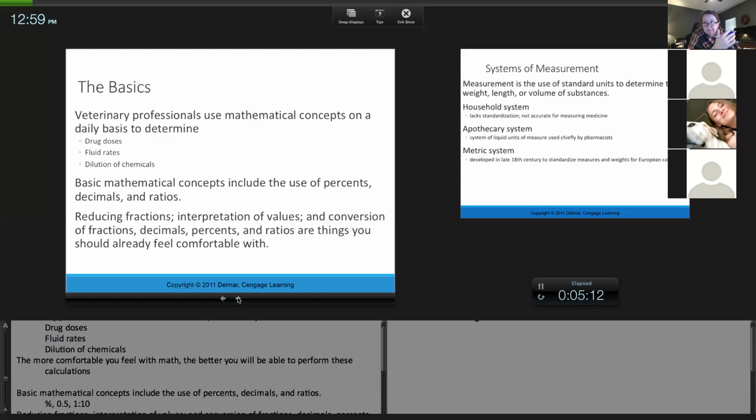Obviously, when you talk about 50%, that's half. So if something was $20 and it was 50% off, that would only be $10. That's half of what it was. So you sometimes have to think about percents. Think about when you're shopping and you see a sale, sometimes you can work that through in your head. Also, reducing fractions